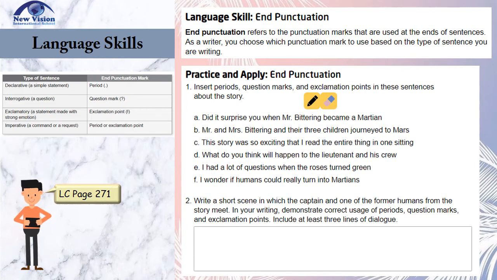Here are some possible answers. As per number 2,